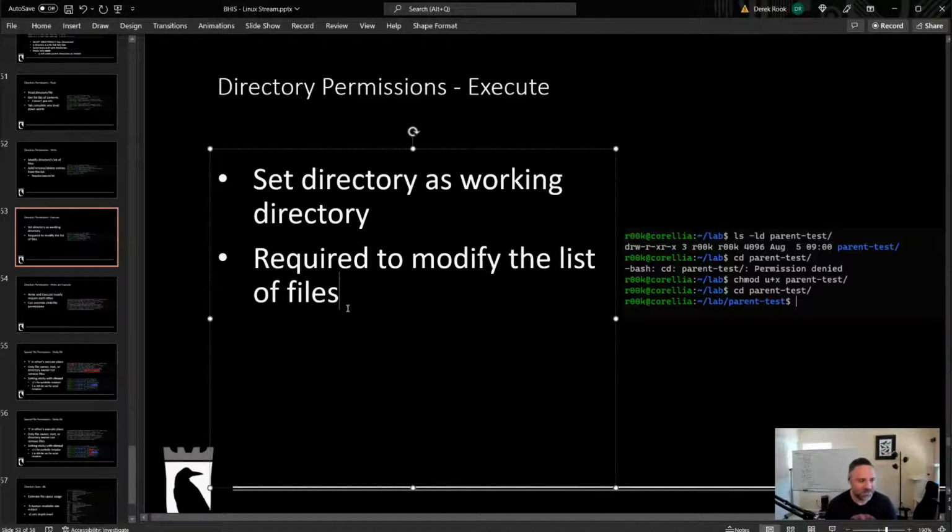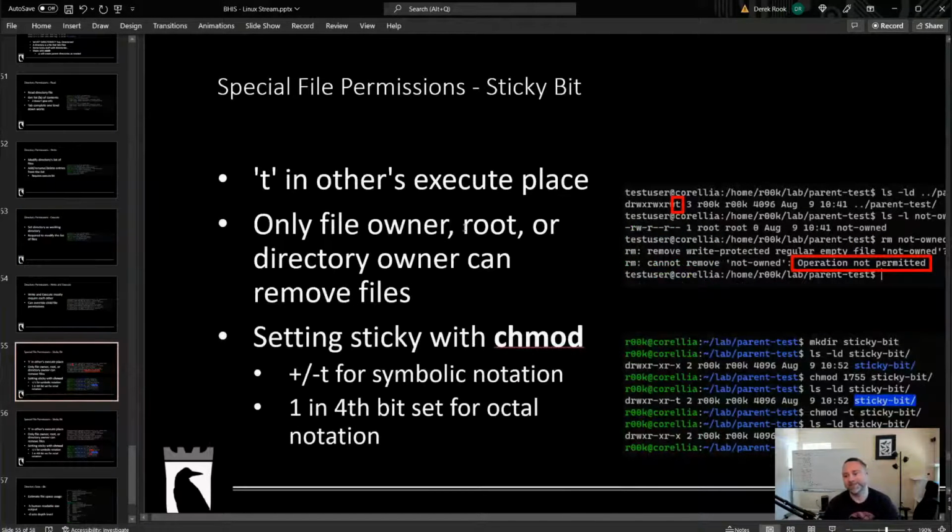So if you want to know what the sticky bit is, it sets the permission so that only owners and root, the root user can do whatever the heck it wants, but only owners of a file are allowed to delete the files inside of that directory. So with the sticky bit set, not just anybody with write permission to the directory can delete files from that directory. Only the owners and the root user can remove those files. So that's what the sticky bit does. That's all the sticky bit does.